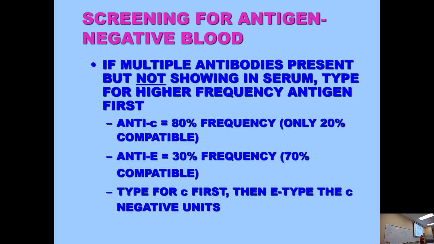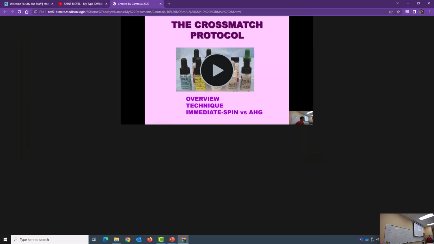If multiple antibodies are present, but they're not showing, so for example, they spike, but now they're way down here, we don't see it, but we know they have a history, always screen for the higher frequency antigen first. So anti-little c, 80% frequency, so that means only 20% compatible. We're going to type for that one first, and then